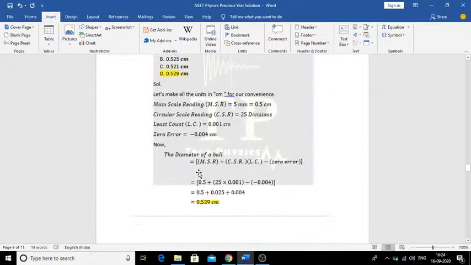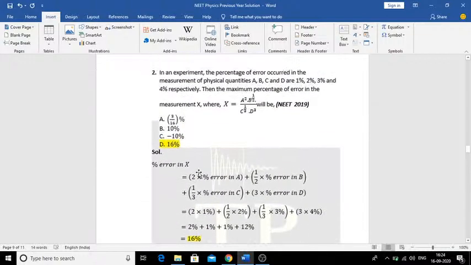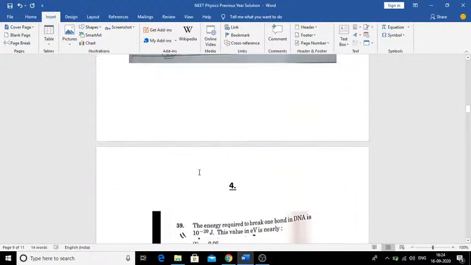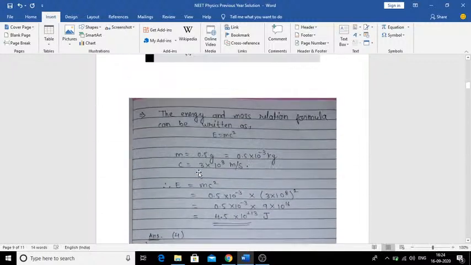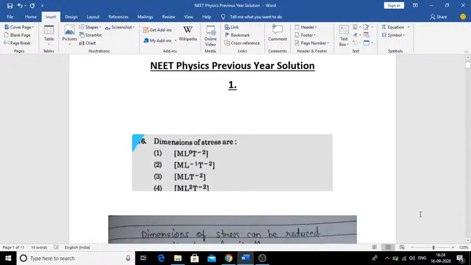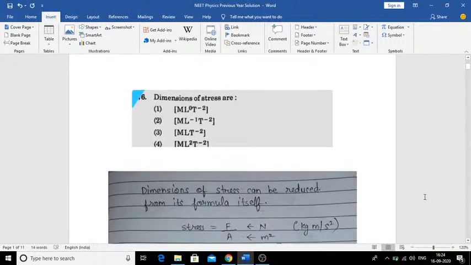So here is our first question. We'll start with the 2020 questions as well, because I have solved them, so I'll show you all of them too, and we'll go ahead with this, okay. So the first question is, dimensions of stress are